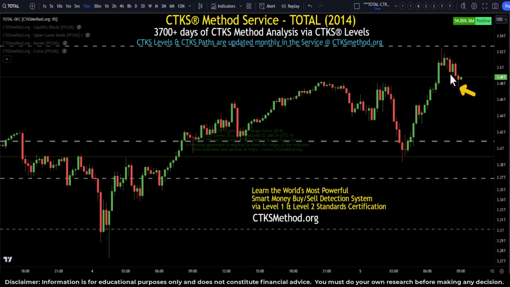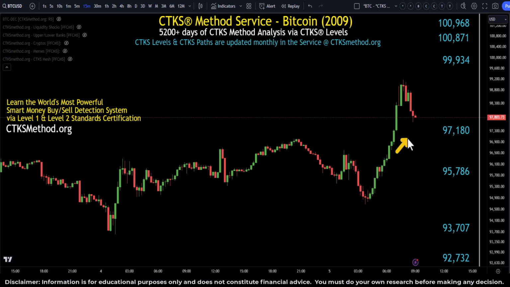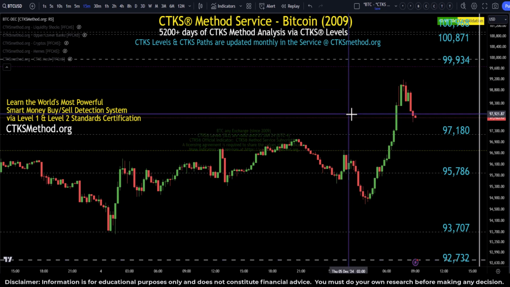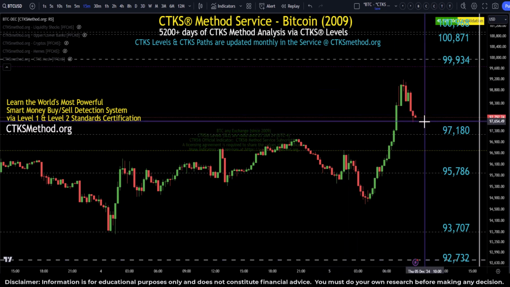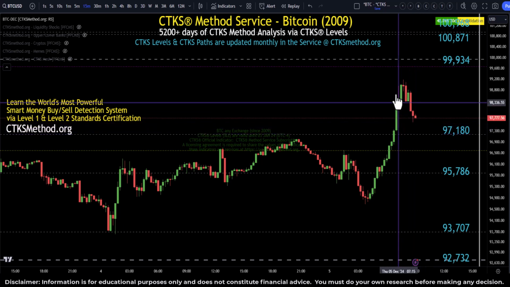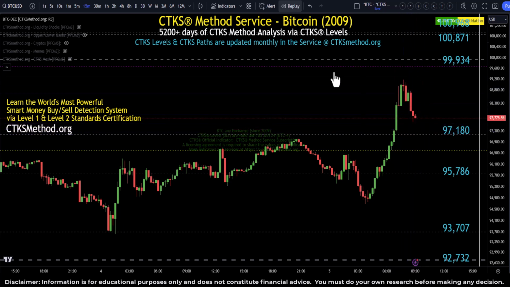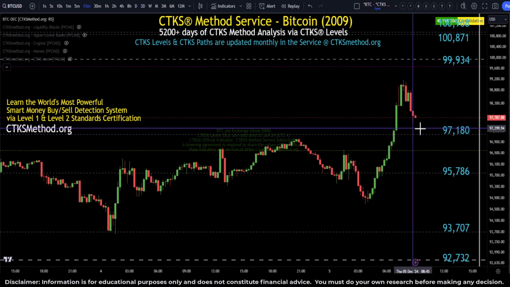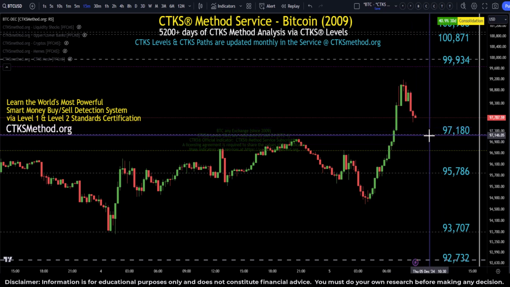Notice this low here on total crypto market cap. We're going to go back to Bitcoin. Okay, you can see this low on Bitcoin, and that coincides with an area or region of retail support on total crypto market cap. That means around the 97,605 mark or 600 mark, we would anticipate that Bitcoin could bounce up, and that would coincide with structural support